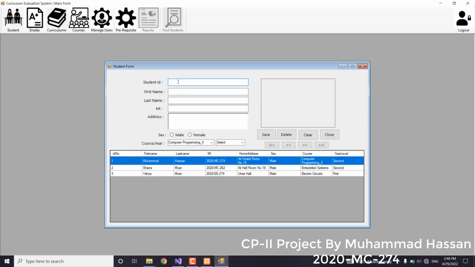I add a student ID, let's say 5, and student name, let's say someone, and last name unknown, and MI, which is the student's registration number in my project. So I enter the student's registration number 2020 MC 219, let's say, and address, let's say hostel,